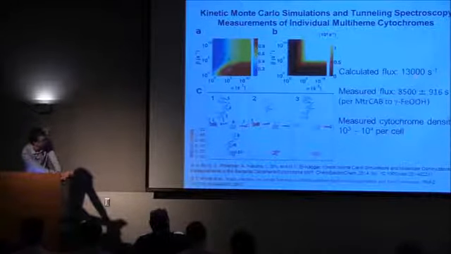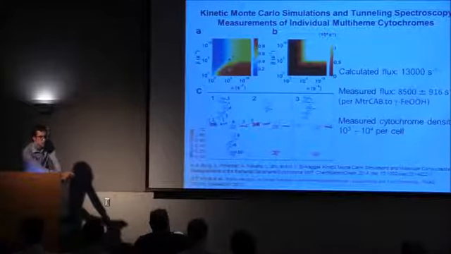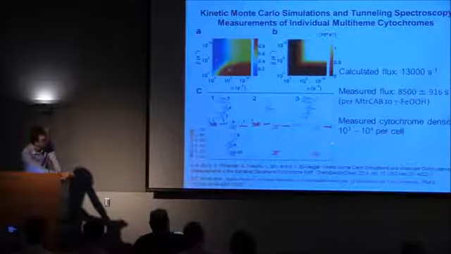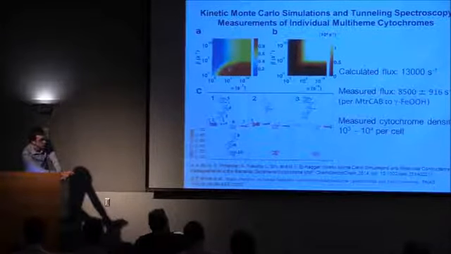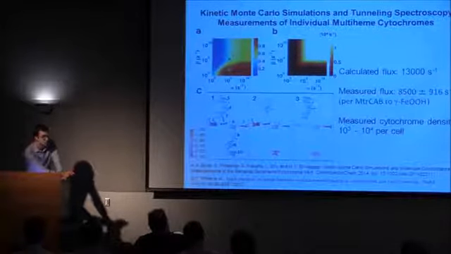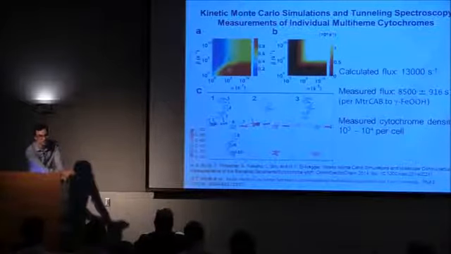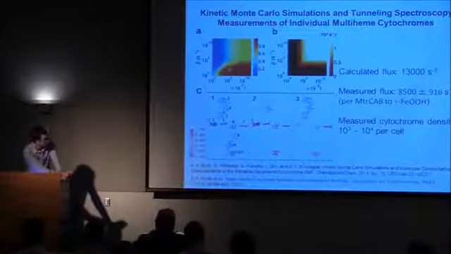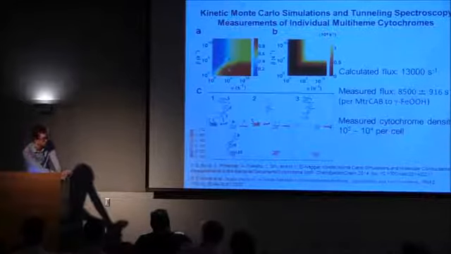Also from the experimental measurements, we know that there are about 10^3 to 10^4 cytochromes per cell on the surface of the cell. So now let's assume 10^3 cytochromes per cell, and about 10,000 electrons per second per cytochrome. If you multiply those two numbers, you get about 10^7 electrons per second per cell, right? And remember that number that I showed you before, the 10^6 electrons per second per cell,